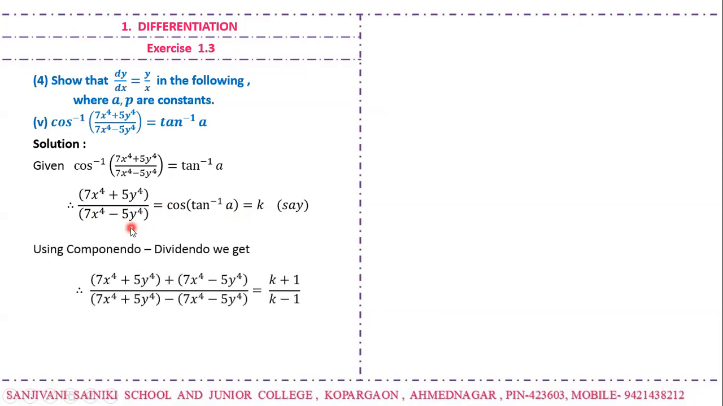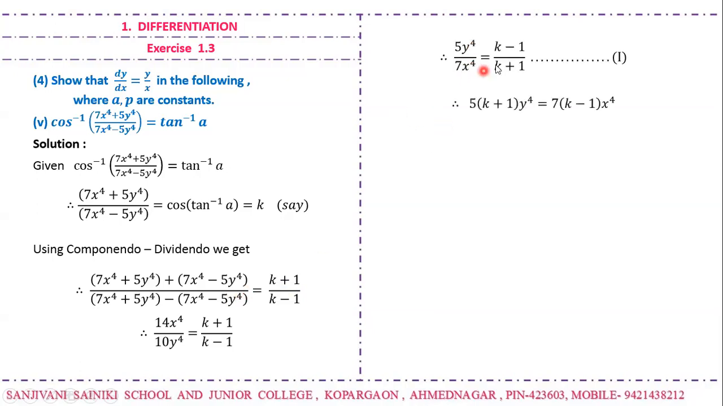Using componendo and dividendo, this plus this upon this minus this, we get 14x raised to 4 upon 10y raised to 4 is equal to k plus 1 upon k minus 1. So 5y raised to 4 upon 7x raised to 4 is equal to k minus 1 upon k plus 1. Therefore 5 times k plus 1 y raised to 4 is equal to 7 times k minus 1 x raised to 4. So differentiating with respect to x, we get